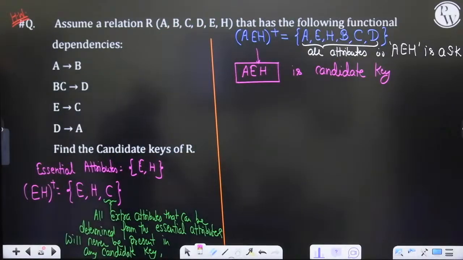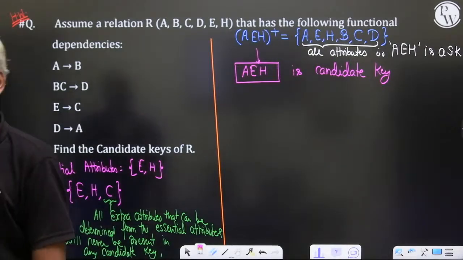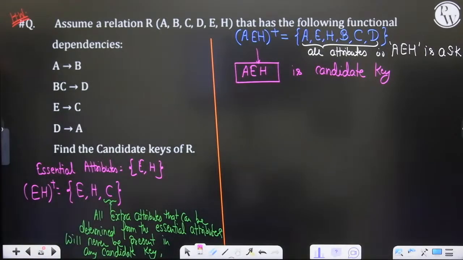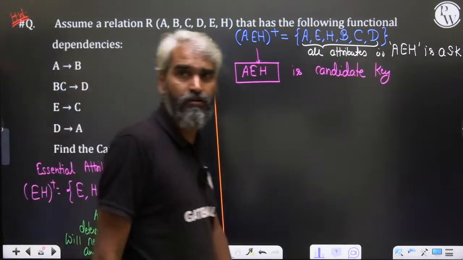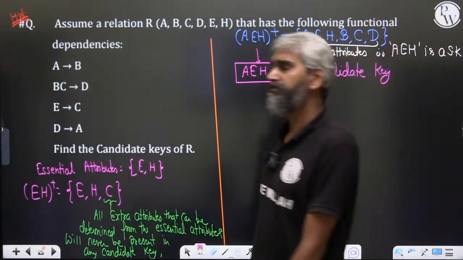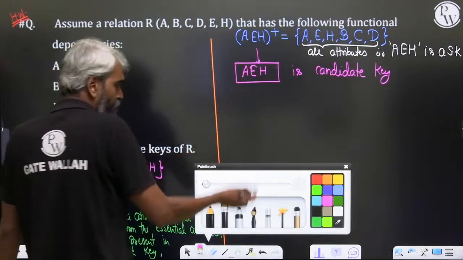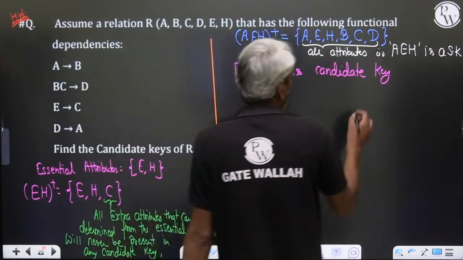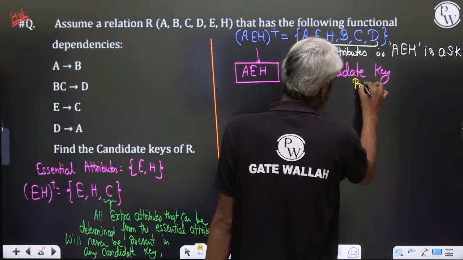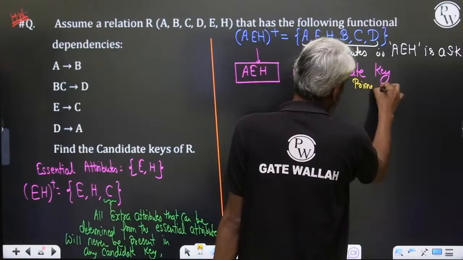Nothing can be removed from this set AEH. Is it clear to everyone? There should not be any confusion. Unnecessarily, you don't have to check for the number of proper subsets. Okay. Now, sir, once we find the very first candidate key, you will get the first set of prime attributes,